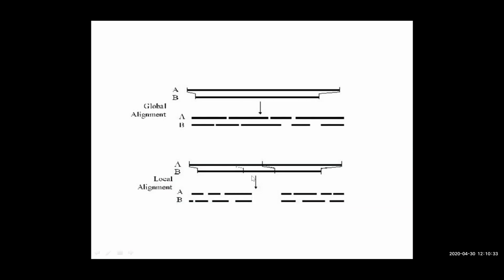Then, if it is local alignment, we will see segmental similarity or dissimilarity. Normally it is seen when one sequence is longer than the other. This is more commonly done when one sequence is very long and one sequence is small. Then we see the local alignment. It means if there is no overall similarity, but we find similarity in certain segments, that is important. Suppose this segment is similar to this segment, and this segment is similar to this segment. So that is also counted. So this is called local alignment.